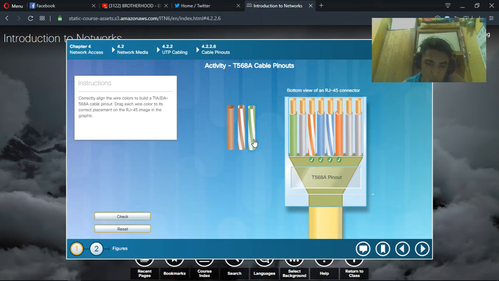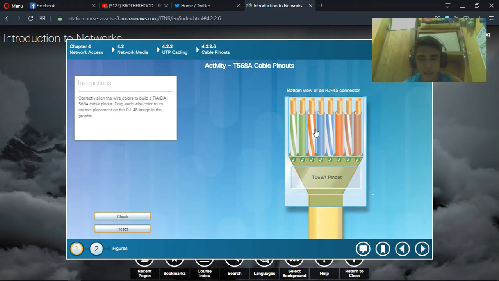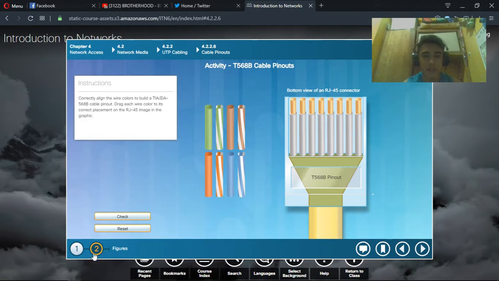The stripe first, it's alternate. Stripe, color, stripe, color, stripe, color. This is the first pair, the second pair, the third pair, and the fourth pair. Okay. Let's proceed to the other figure, which is the